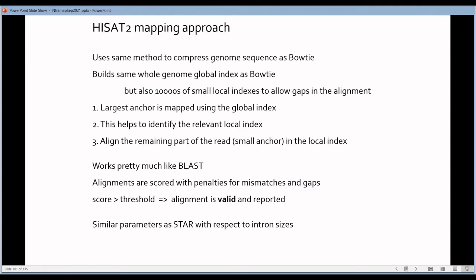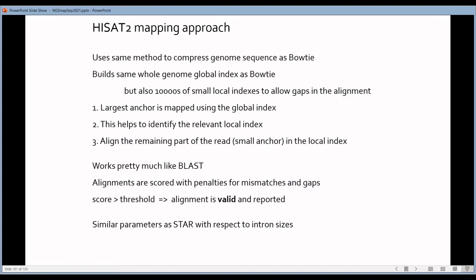So basically what happens is a score is calculated for each alignment, and that score is calculated by adding scores for the matches in the alignment and by subtracting penalties for mismatches and gaps. If the total score of the alignment is higher than a certain threshold that is set, then this alignment will be considered valid and it will be reported. It will be added to the output file.